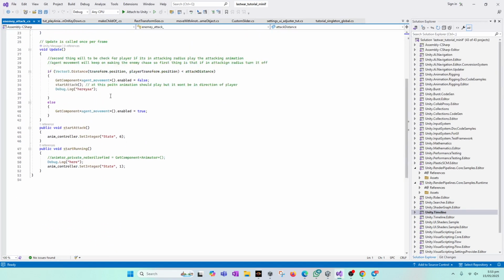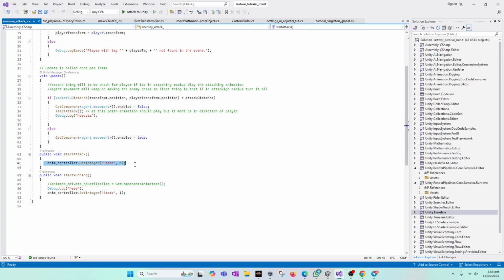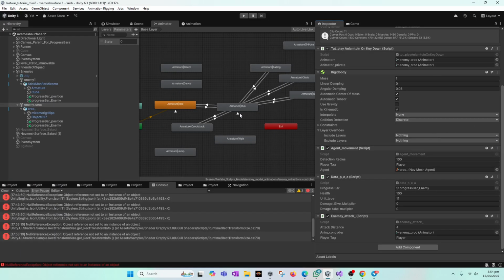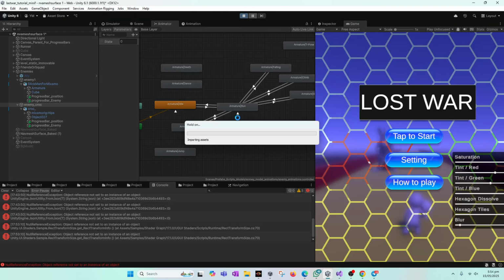If we edit it, even though we were doing start attack, we were trying to play this animation by using the animator controller state variable. However, that was not working, even though this script was being detached. If I show you,